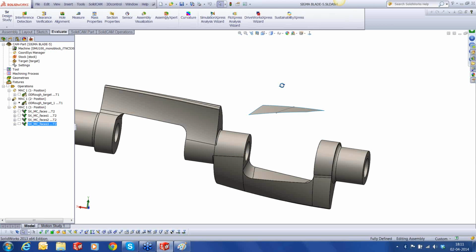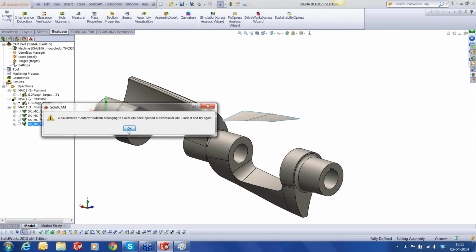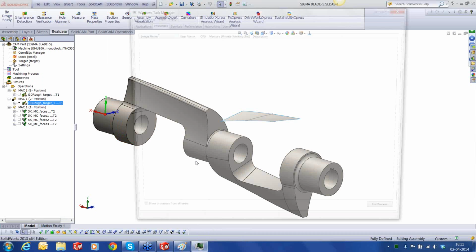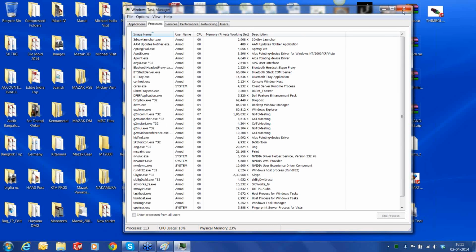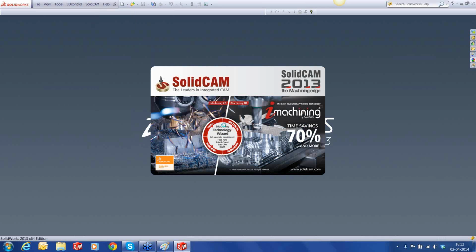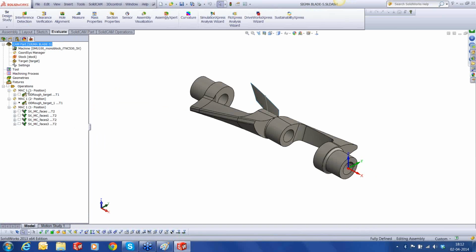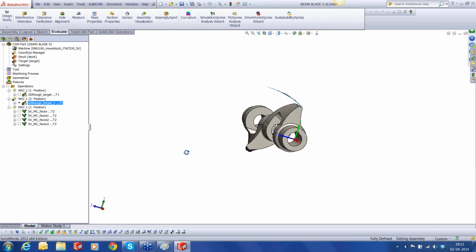Of course, what we need to do is just to reload this part again. Let's kill the process. It's okay. Let's start SolidWorks back again. Okay, the temporary version. Okay, that was not calculated. So let me put that calculation and let's move ahead. So we have done this calculation,